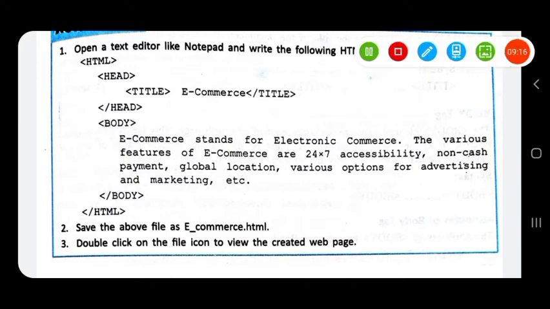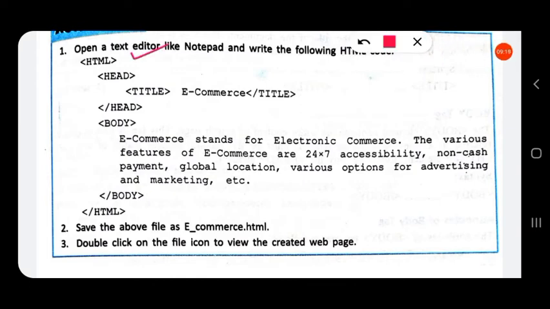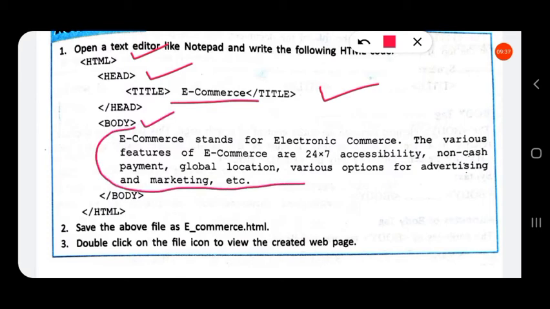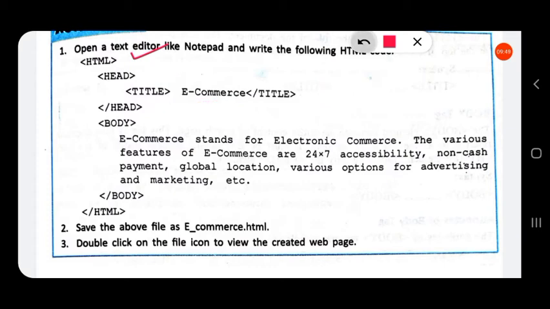First you have to enter the HTML tag, then inside that a head tag, no need of specifying the space, then the title tag, inside the title tag e-commerce, then the body tag, inside the body tag a paragraph is written, then the body tag is closed here, the head tag is closed here, then the HTML tag is closed at the end.